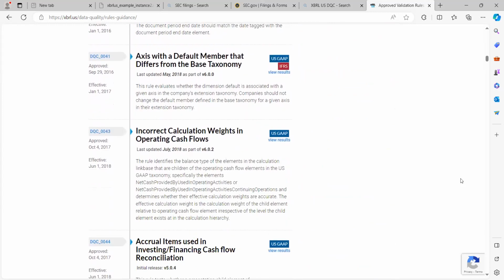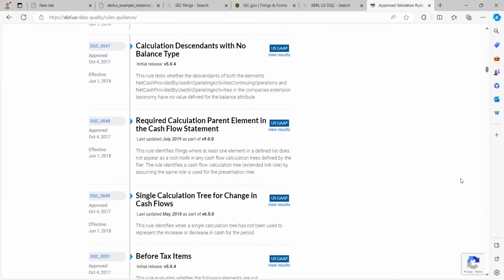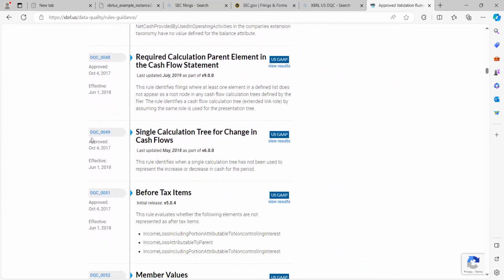You can see US GAAP, you can see IFRS, and if you scroll down, you are going to see some more types of rules. You can see this DQC here. So the moment I activated the validator, it uses all these rules. Rather than manually checking that all these rules are followed in the financial statement with XBRL, with a single command, with Arelle, you can just do all those checks. So let me stop sharing and go back to